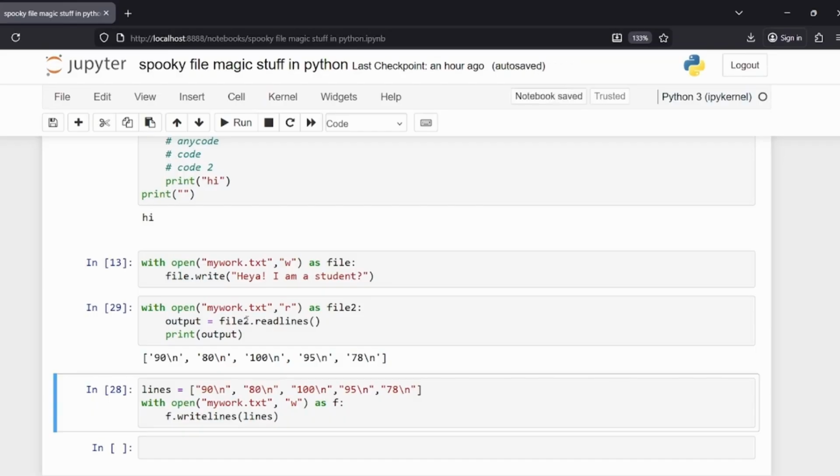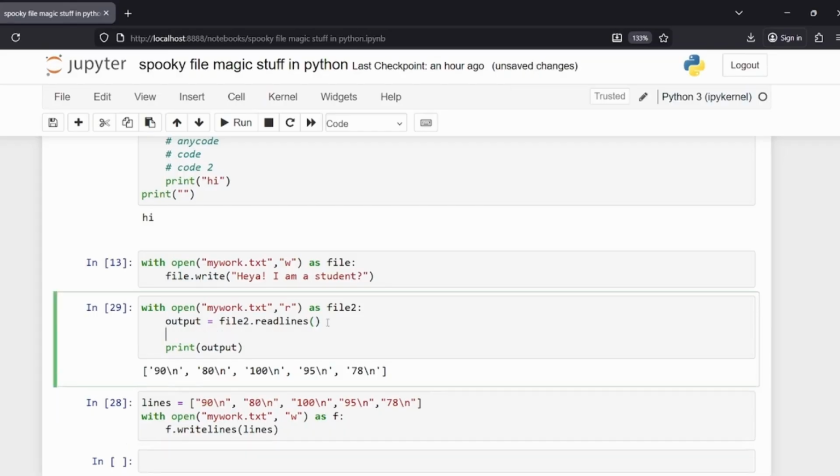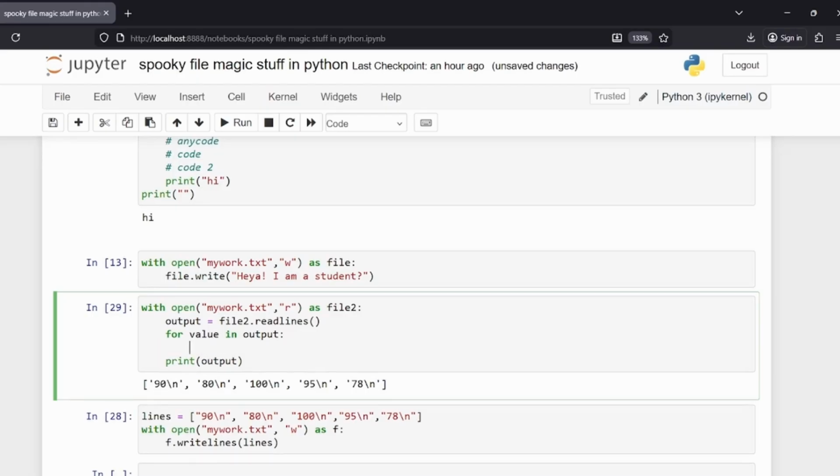So this is where you have to learn, I guess, the art of how to clean your data. Firstly, you have to understand that output is a string. Sorry, it's a list with all of these different things inside. So the first thing we need to do is for value in output, and then you mess with the values themselves. The value is a variable which keeps changing for every single value in output, and you mess with that. And again, you can't edit back the same list you're iterating through,